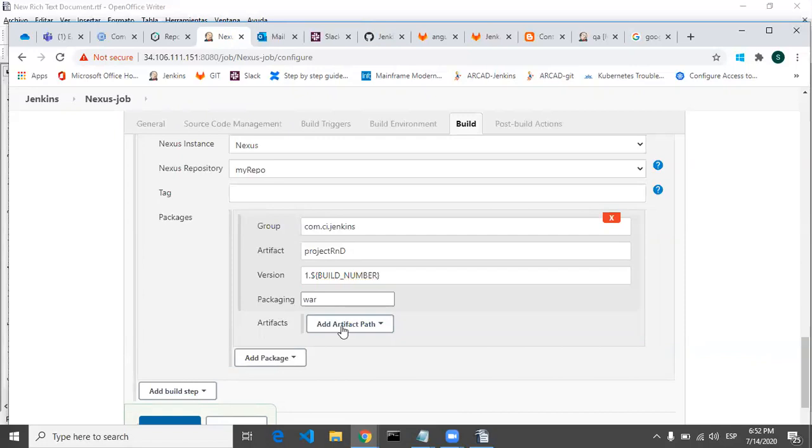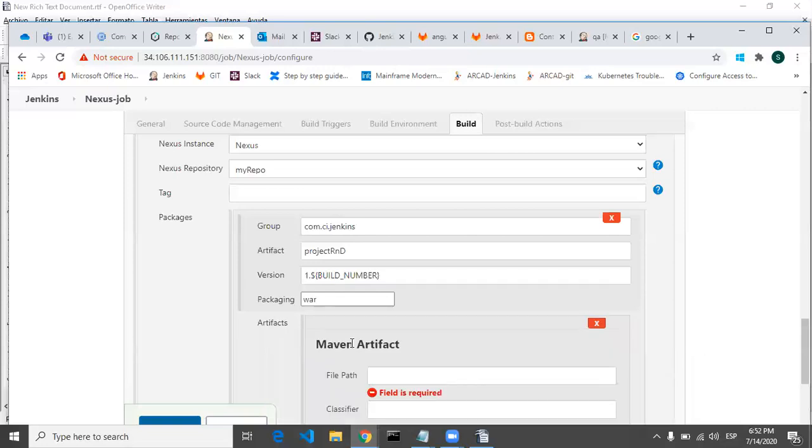Now you have to give the artifact path. That means Jenkins will build and package your application, so it will place that war file in some location, right? So you have to give the path of that Maven artifact.